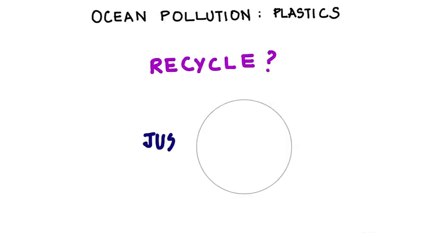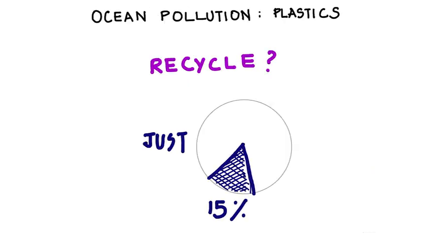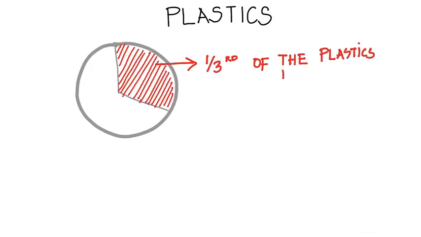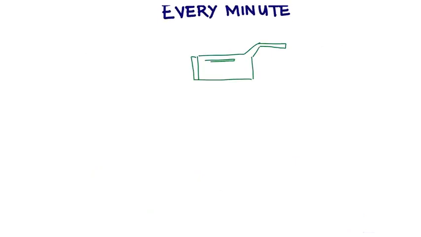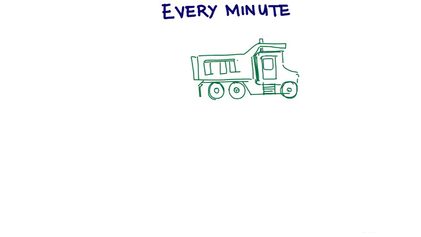Globally, we only recycle about 15% of our plastics, and about 1/3 of all our plastics enter our environment, with 8 billion kilograms of plastic dumped into the oceans each year. That's equivalent to 1 garbage truck of plastic being dumped into the ocean every minute. By the end of this video, about 10 garbage trucks of plastic will be dumped into the ocean,